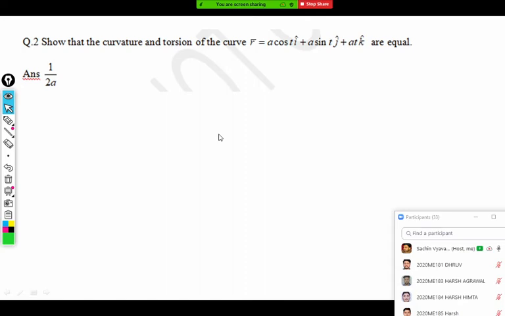Question 2 is: show that the curvature and the torsion of the curve r bar equal to a cos t i plus a sin t j plus a t k are equal. Our aim is to prove that the curvature and the torsion both come out the same for this curve, and I will tell you what that curve is. Actually, this curve is one of the standard curves in 3D, and the name of this curve is